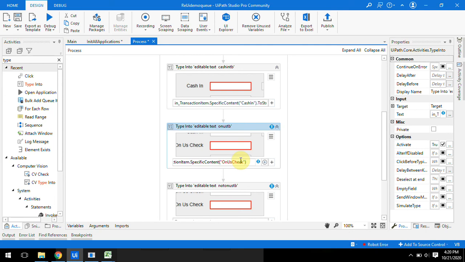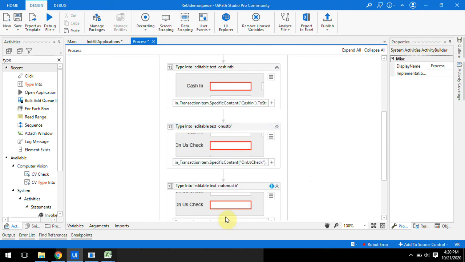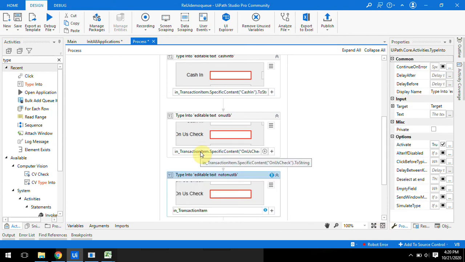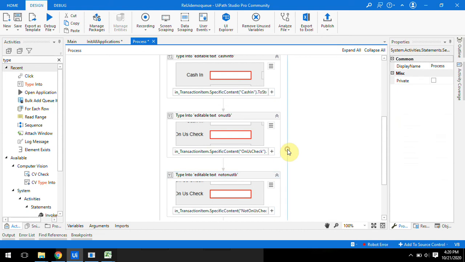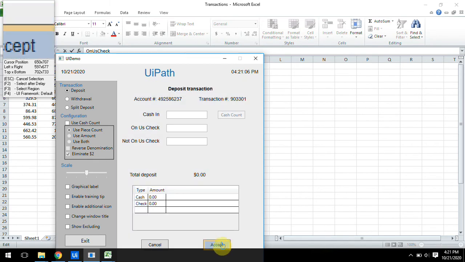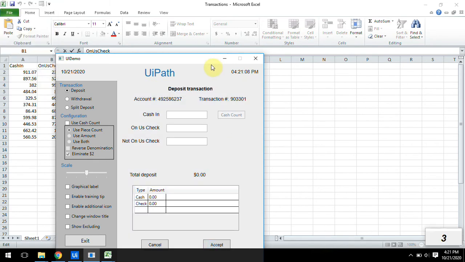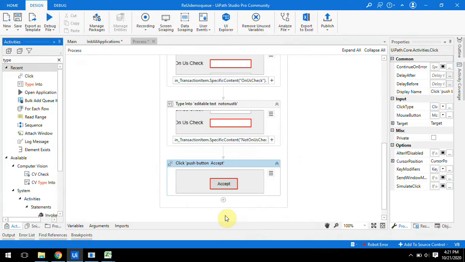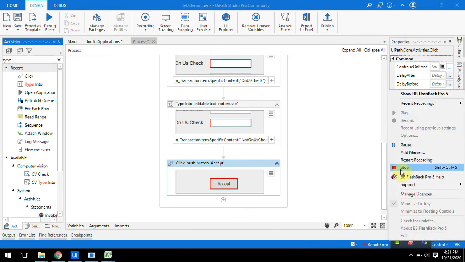Dot ToString. Again, the third value we want to get from the queue is not ones check, dot ToString. So our process is done. Now click on accept. Done. So the Process Transaction state is also completed.